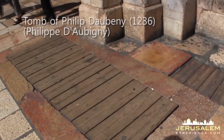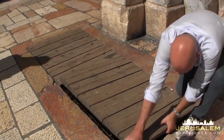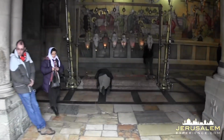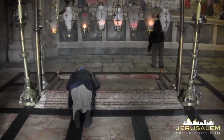His tomb can be found right here at the entrance to the Church of the Holy Sepulchre, but today it is sheltered with a wooden cover. Now, let's enter the church. When we enter the church, we see in front of us the stone of anointing, where the body of Jesus was laid down in preparation for his burial